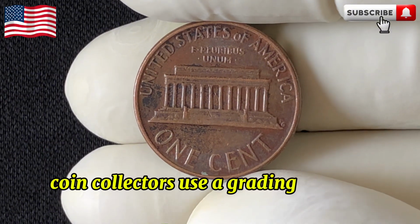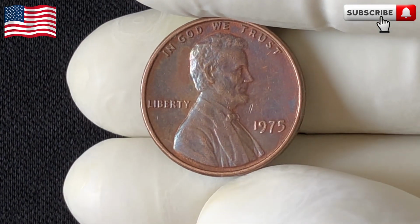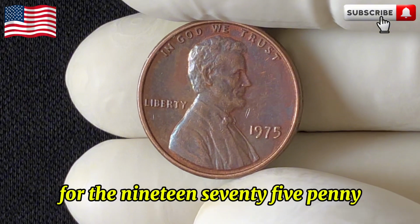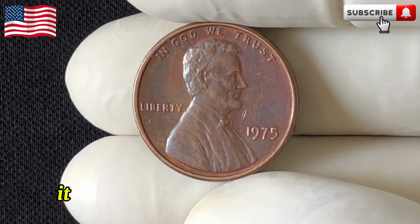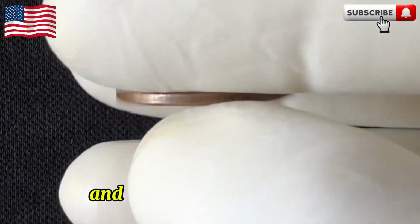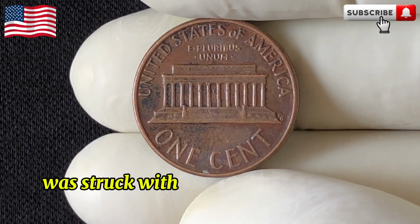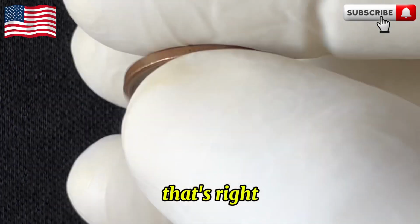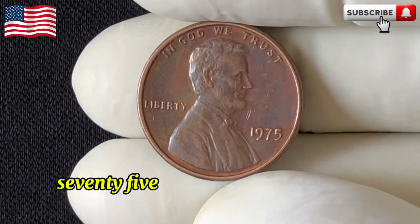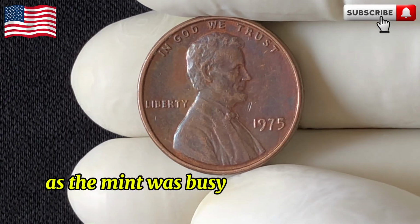Coin collectors use a grading scale to determine value, ranging from good to mint state. For the 1975 penny, if you're lucky enough to find one in proof 70 condition, it could command a premium price. And here's a fun fact for you. Did you know that the 1975 penny was struck with the same design as the 1974 pennies? That's right. The 1975 coins actually used the design from the year before, as the mint was busy prepping for